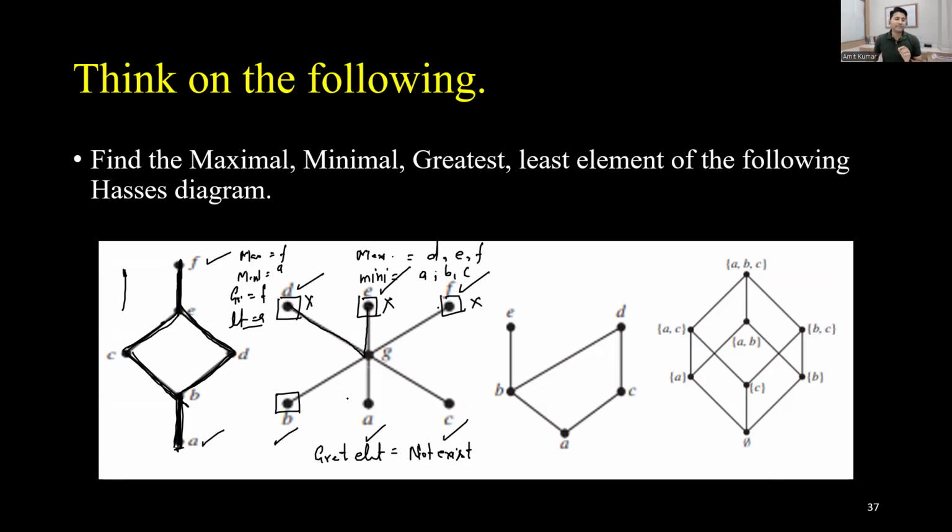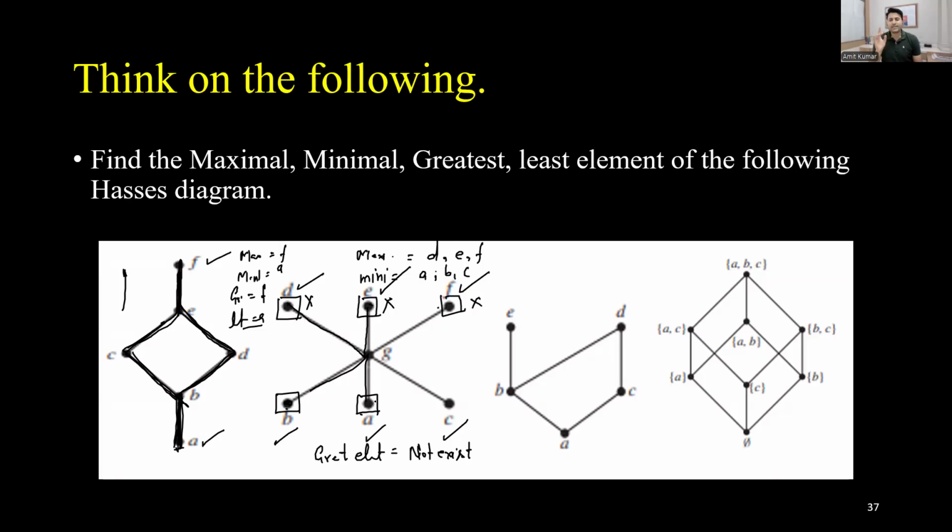There is no element which is the lower bound of every element. If I'm talking about B, I can't move from A to B without changing the direction. So B is not a lower bound of A, so it is not a least element. The least element is an element which is the lower bound of every element. As in the previous example, A is the lower bound of every element. So in this example, neither the least element nor the greatest element exists, but maximal and minimal exist,